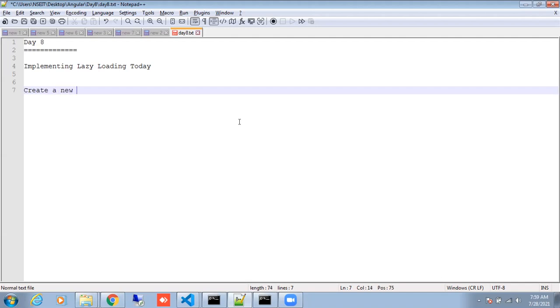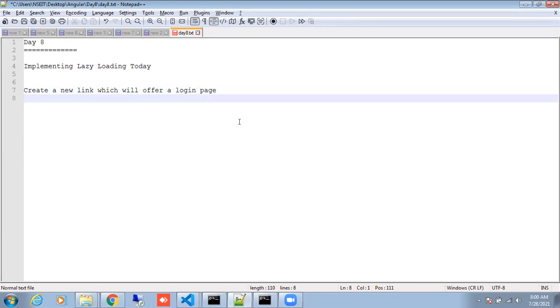Create another link. And this link will offer a very simple login page. So when you click on the hyperlink, the name is called login, and the login page must appear. And I also want to develop that using what? Lazy loading. So when you click on this, in your network navigation you should see that particular module getting loaded. Are you clear?